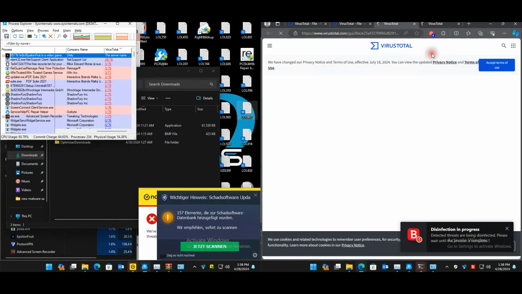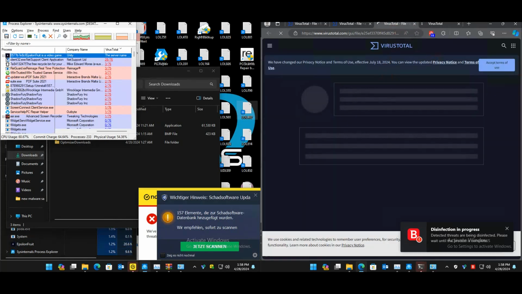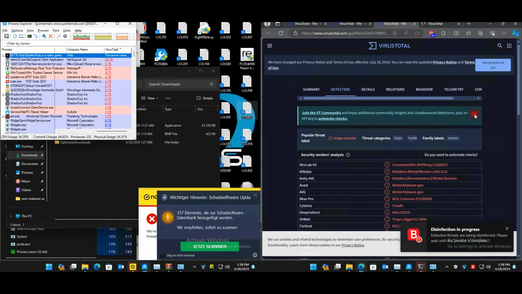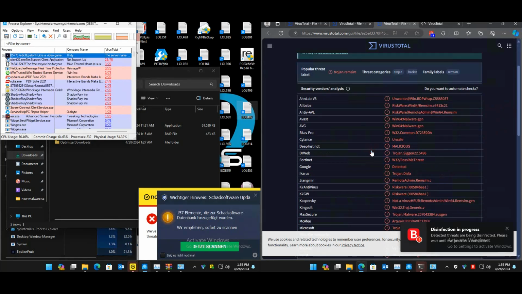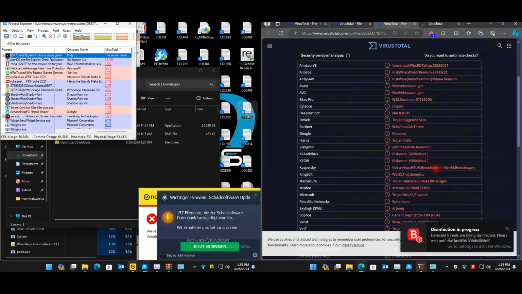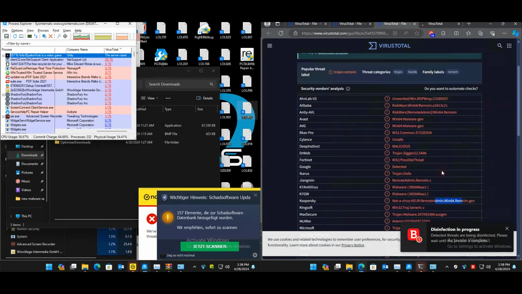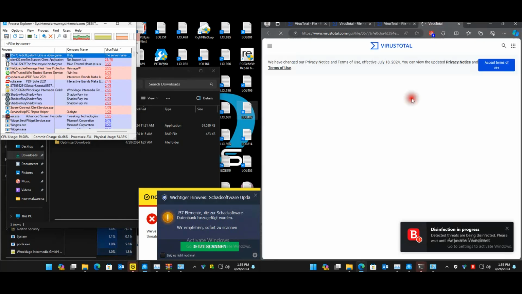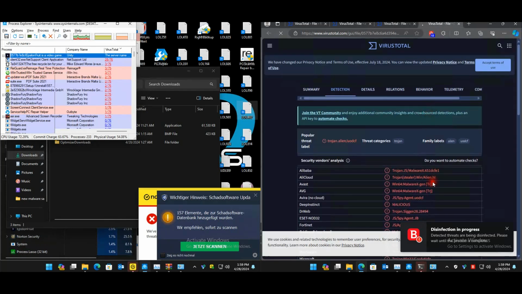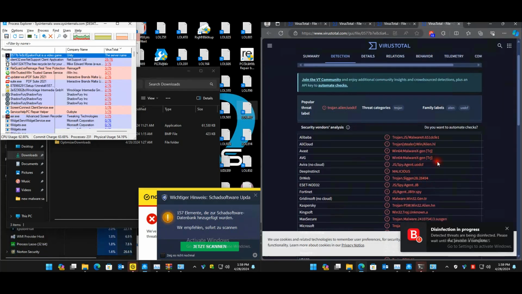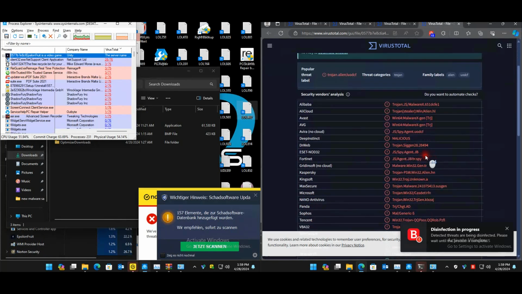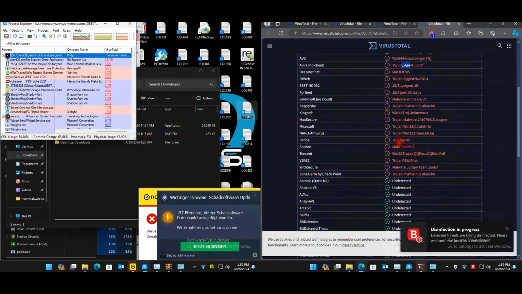I think one of these might be a duplicate. Okay, so this is a Trojan as well, Riskware, remote admin, not a virus. Okay, and this one is an alien. So this is an alien, so it seems like it's a spy agent.